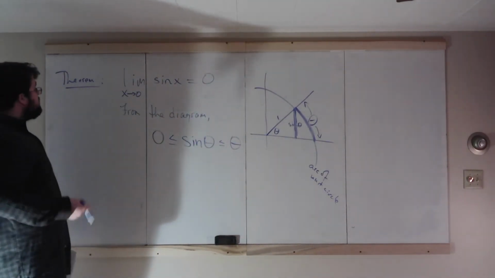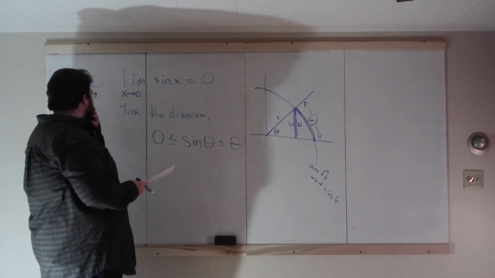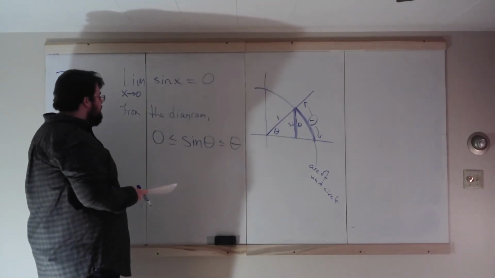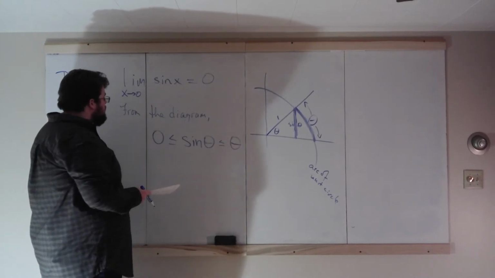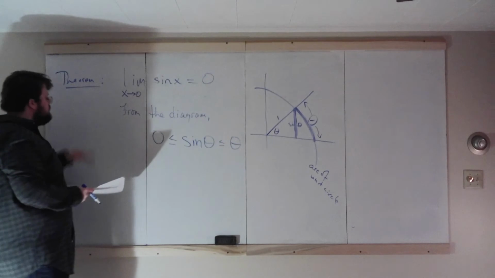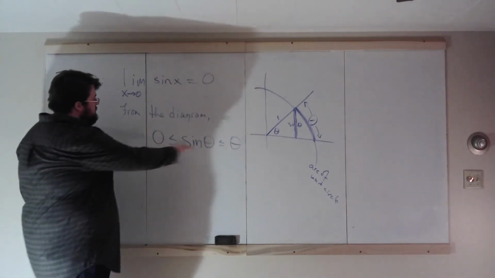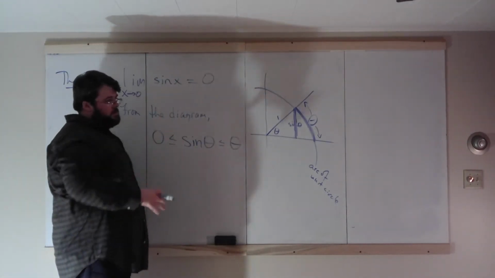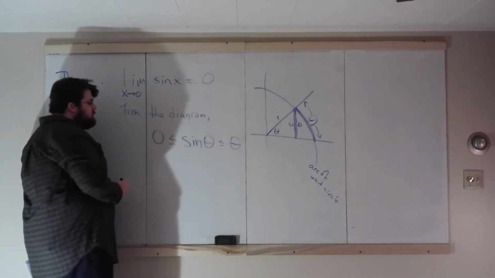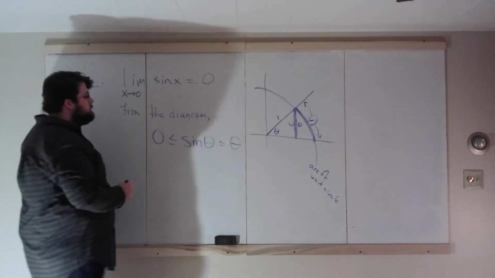Well, this is actually all we need. Maybe I should use x's. I actually remember last semester I did the same exact thing with x's up here and thetas here, and I left it. I'm going to leave it because this is from the diagram. In general, we'll be dealing with x a lot more than thetas. But right here, we have 0 is less than or equal to sine of theta, less than or equal to